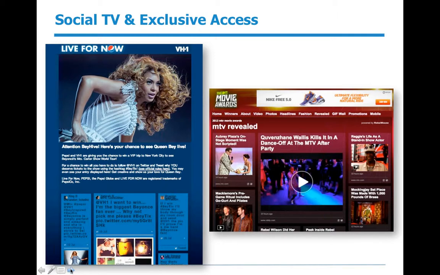MTV has been using RebelMouse to accomplish a few different things. On the left, you're seeing a post that is a co-branded campaign with Pepsi as part of the Global Live for Now campaign. This is something that is live on both VH1 and MTV.com. And what they've done here is hosted content around a contest and presented that alongside fan conversation. So the RebelMouse embed is those blue modules on the bottom, and the stuff on top is owned by MTV